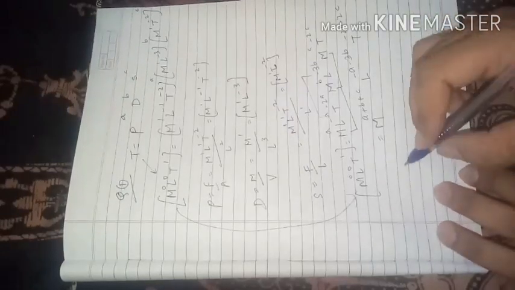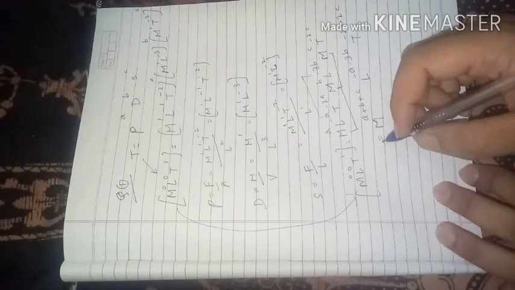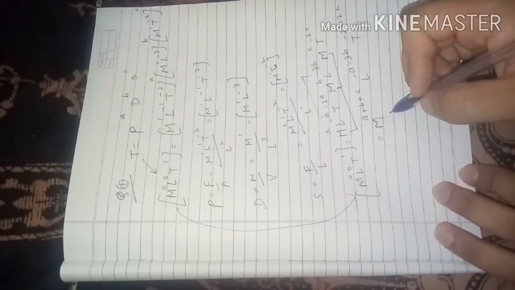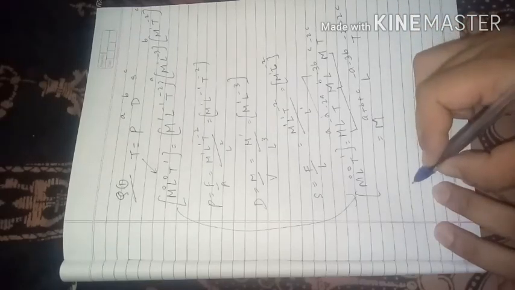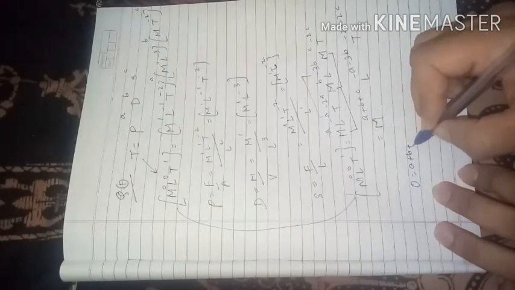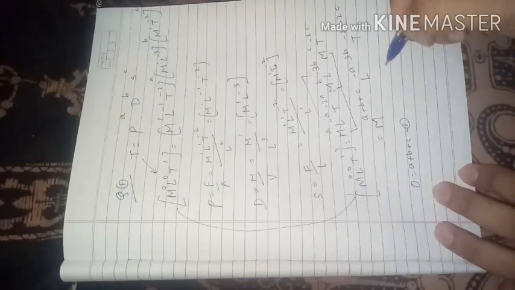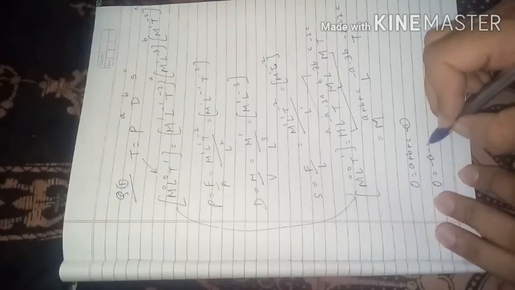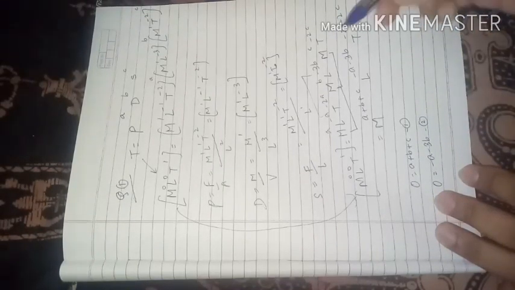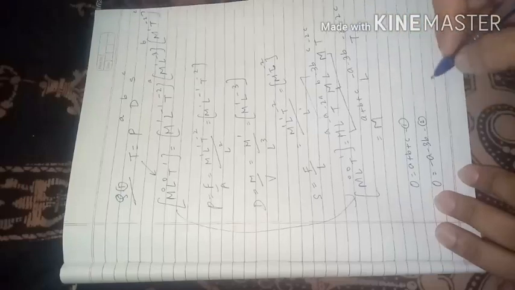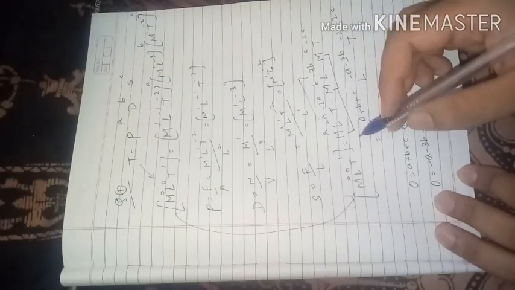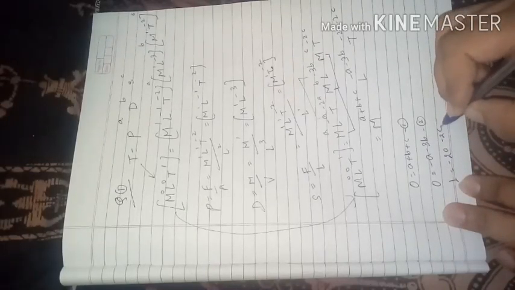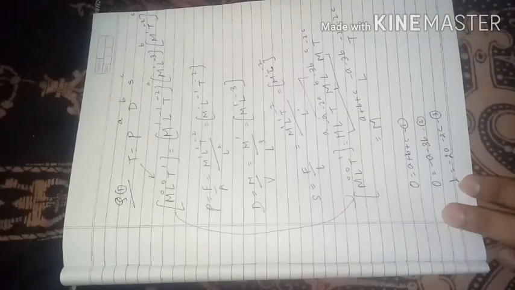Alright, so now we can see in the LHS, M raised to 0 is there, and here we have M raised to A plus B plus C. So we have 0 is equal to A plus B plus C. This is the first equation, and we'll also have L raised to 0, so we also have 0 is equal to minus A minus 3B. This is the second equation, and the third equation will be minus 2A minus 2C is equal to 1. So this is the third equation.